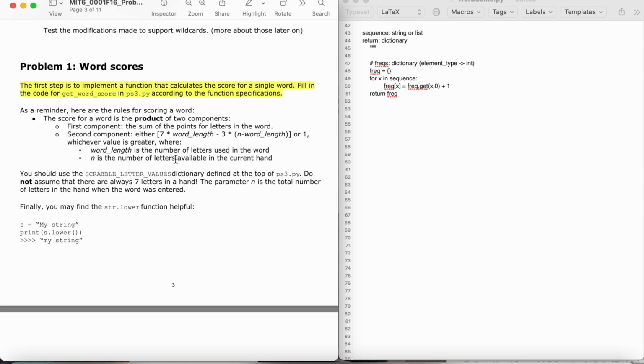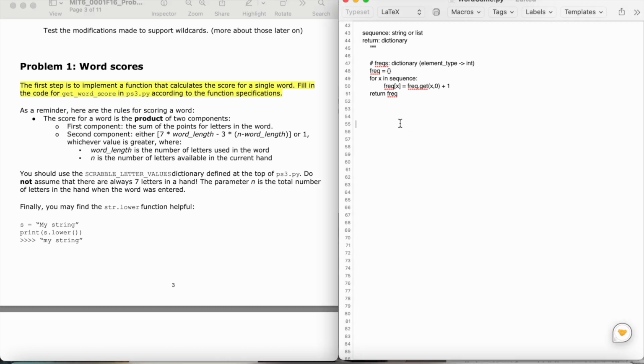So get word score, because there are two components of the scoring for a word, we can write two helper functions to make each code simpler. So the first part of the score is just the sum of the points for letters in the word. So I'm going to define C1 score, which is the first component of the score, and it takes in the parameter word, because that is what we're going to be using to find the sum of the points for letters